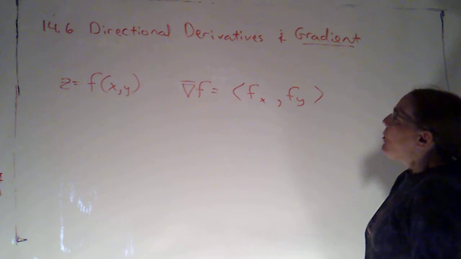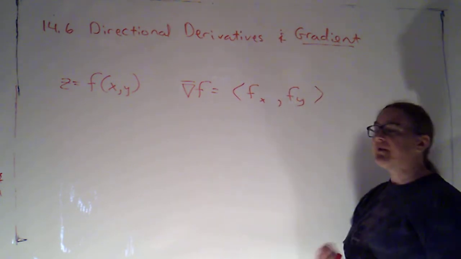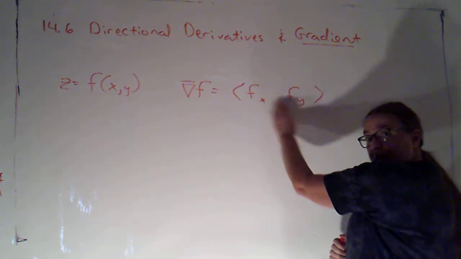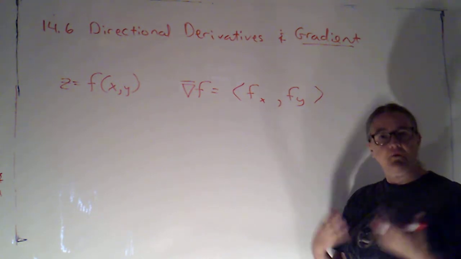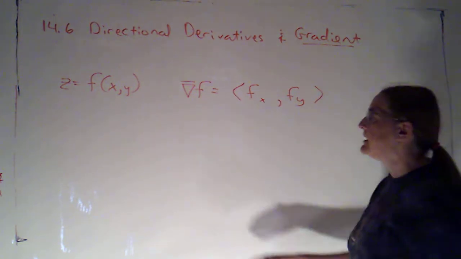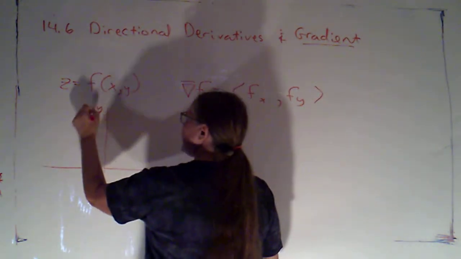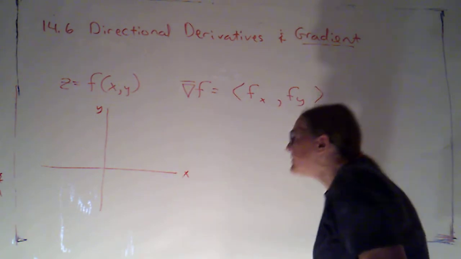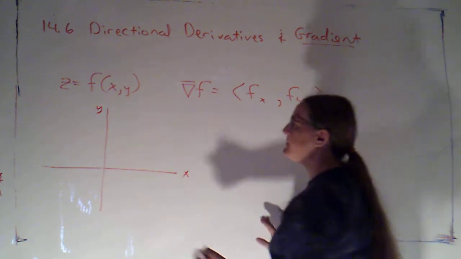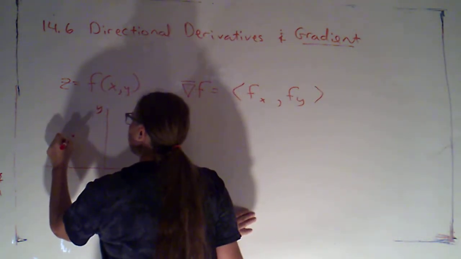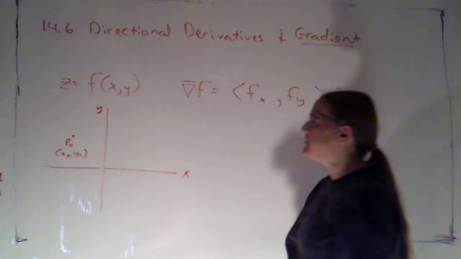Okay, well, directional derivatives are going to be derivatives that are similar to these guys. It's going to turn out these are actually examples of directional derivatives. They're going to be derivatives of cross-sectional curves that we get to the graph of our surface. So let's just suppose I'm drawing the xy plane here. So this is just going to be the domain of my function, or the domain is some subset of it. If I have some point p naught with coordinates x naught, y naught